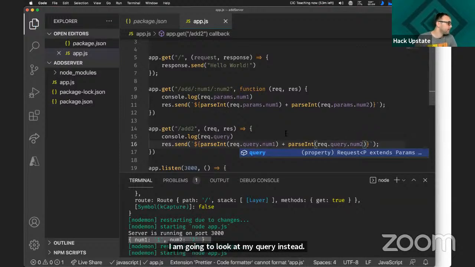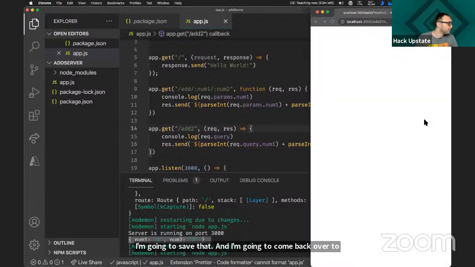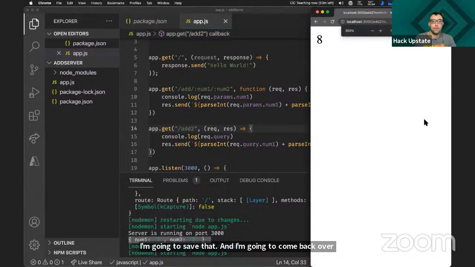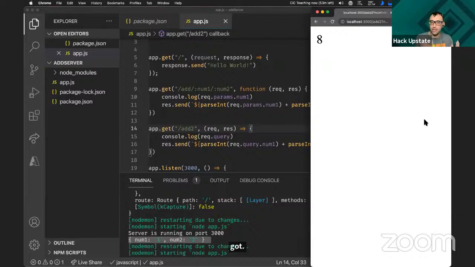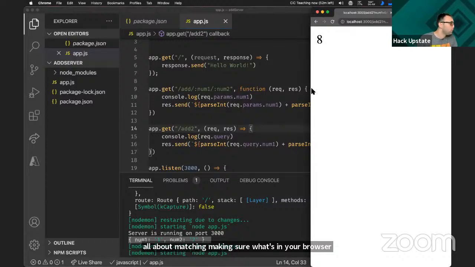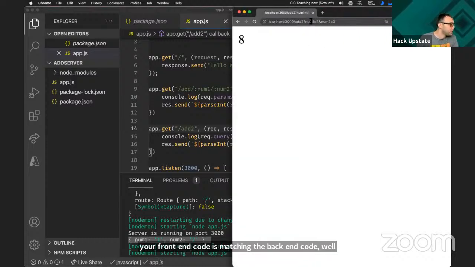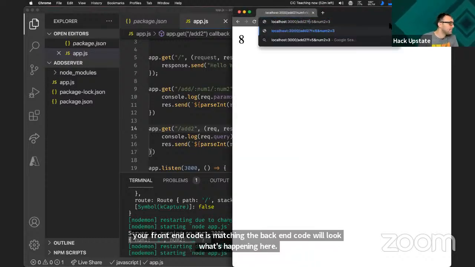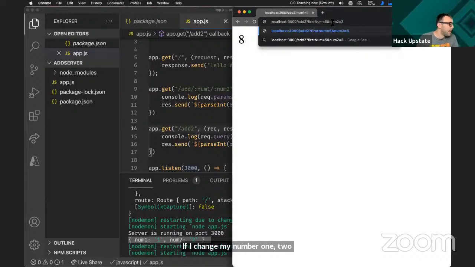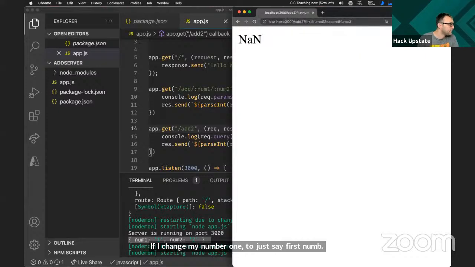I'm going to save that, and I'm going to come back over to my browser, and I'm going to refresh, and boom, we've got 8. Now, the important thing here is, remember how I said it's all about matching, making sure what's in your browser, your front-end code, is matching the back-end code? Well, look what's happening here. If I change my num1 to just say firstNum, and my num2 to say secondNum, and I hit enter, not a number.